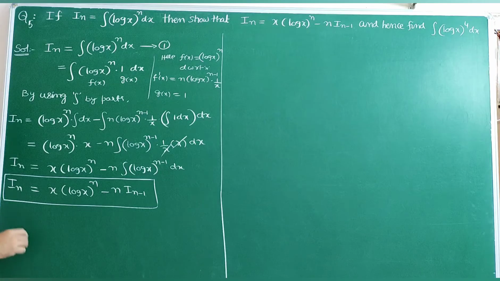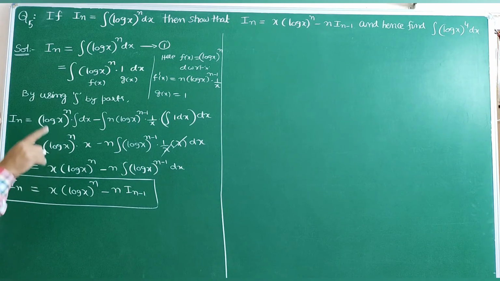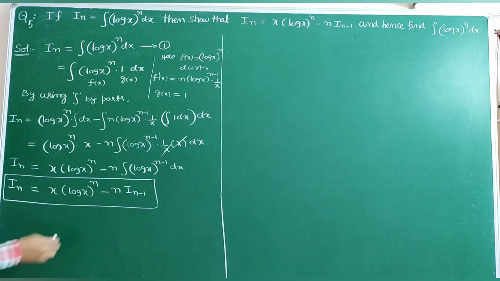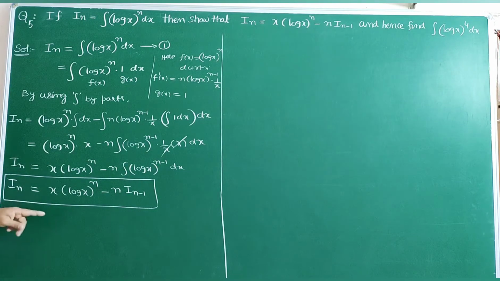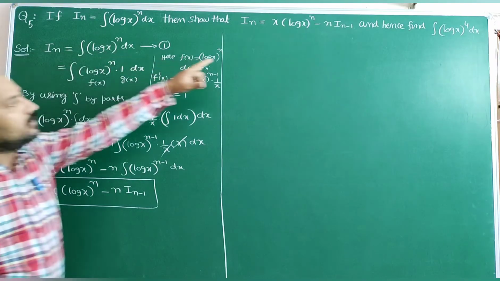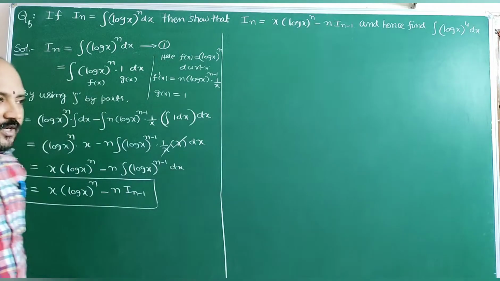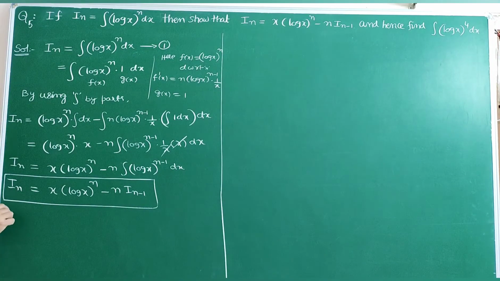Here the case is again n is equal to 0, n is equal to 1. They are not asking n is equal to 0, because (log x) whole power minus 1 will come now, so it is not. N is equal to 1, 2, 3 onwards it will come. So anyway, (log x) whole power 4 they are asking. So I am going to find integral of (log x) whole power 4 dx is equal to